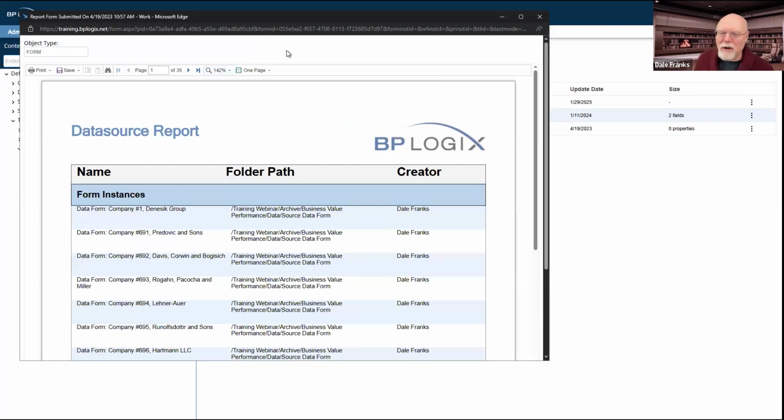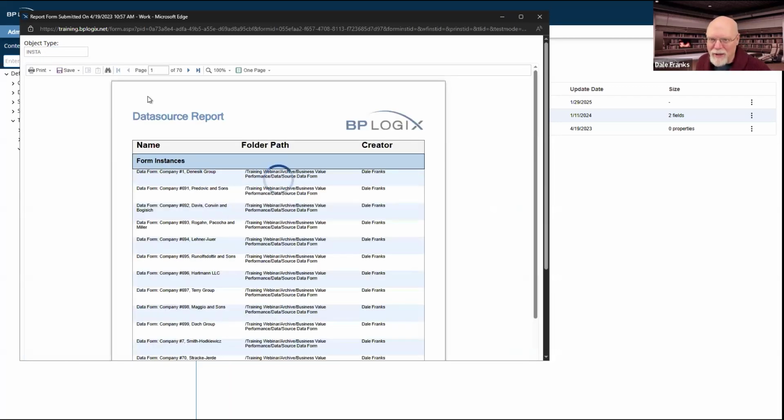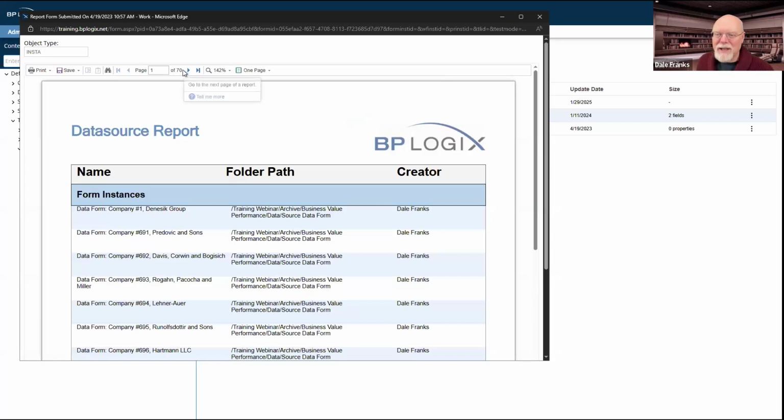So it gives me all the records back. So I have 35 pages. So it should be form instance or timeline instance. If I type in "Insta", it should go back and give me all 2000 rows, because it's just doing that loose text match. And there we go, 70 pages of data. So I've got all my 2000 rows there.